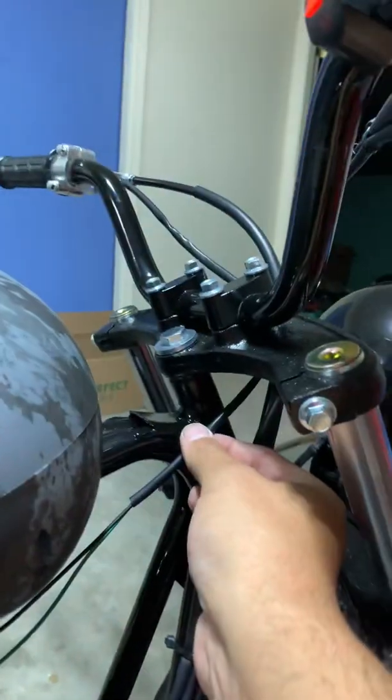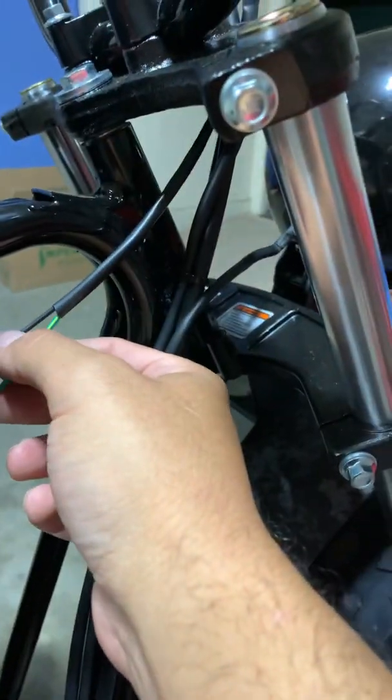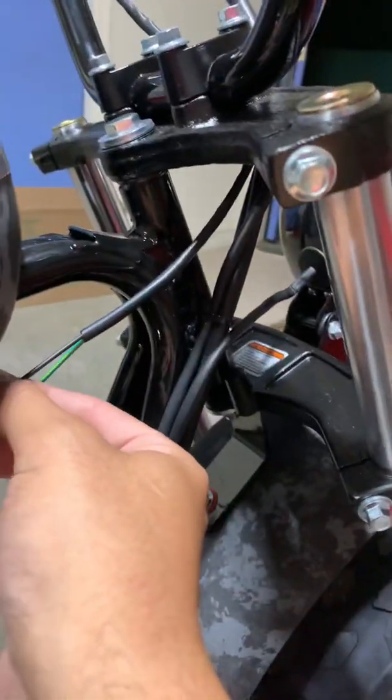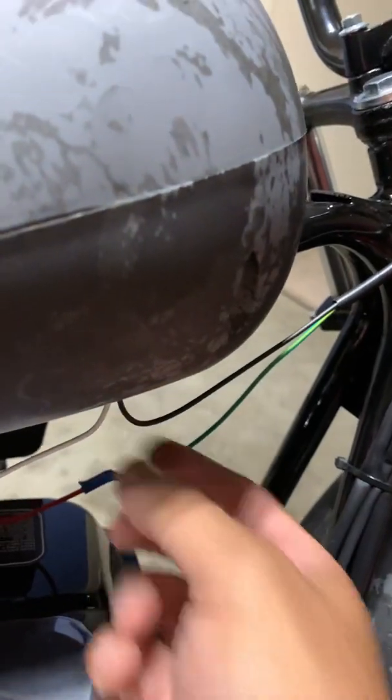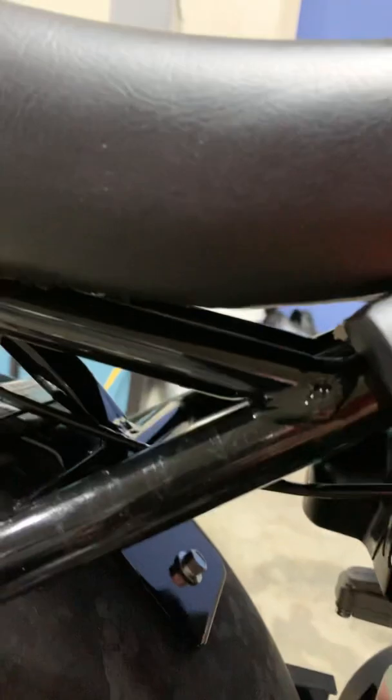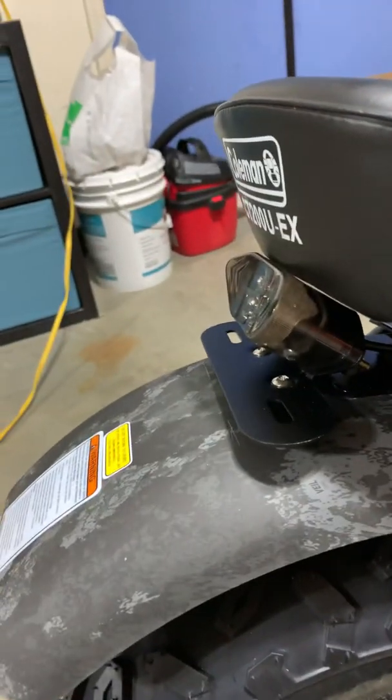This is connected to the brake lever switch. You can see there's a green that goes to the light. There's a black that goes to the battery. And then from the back side, if I can get underneath, again, this particular light, by the way, had 5 different